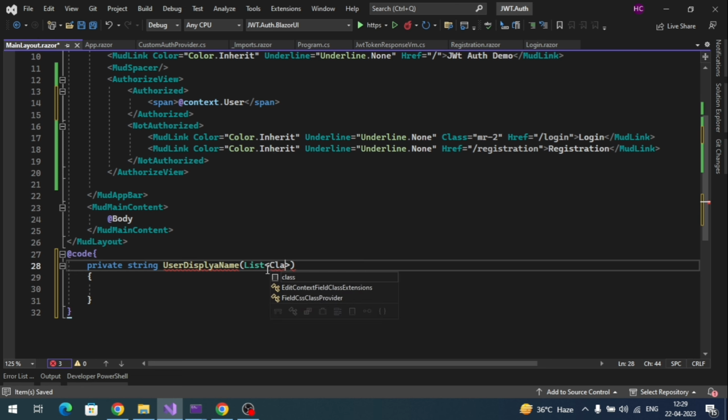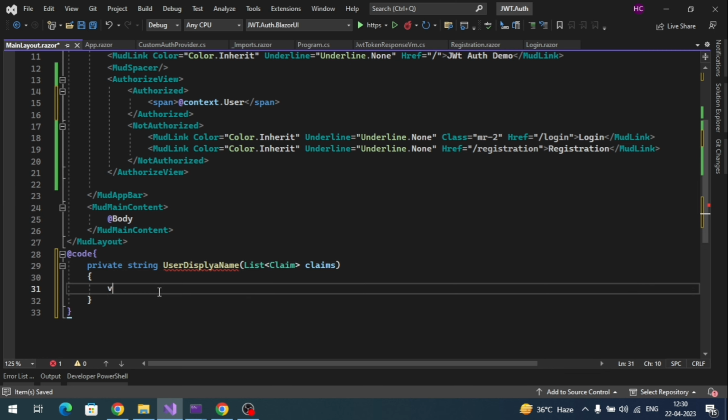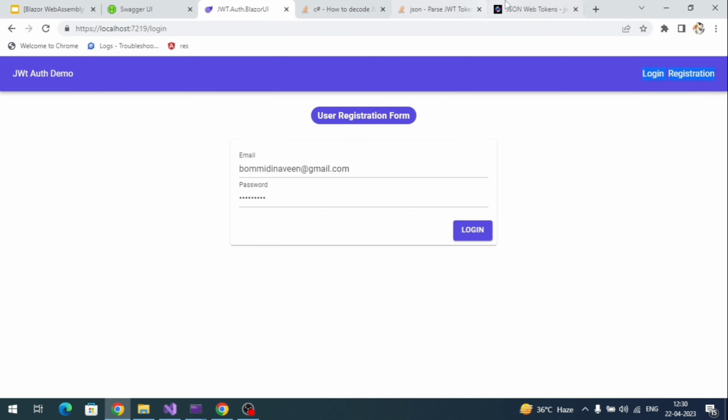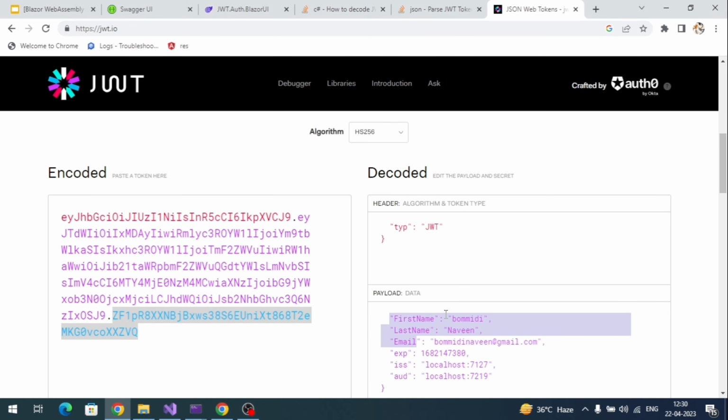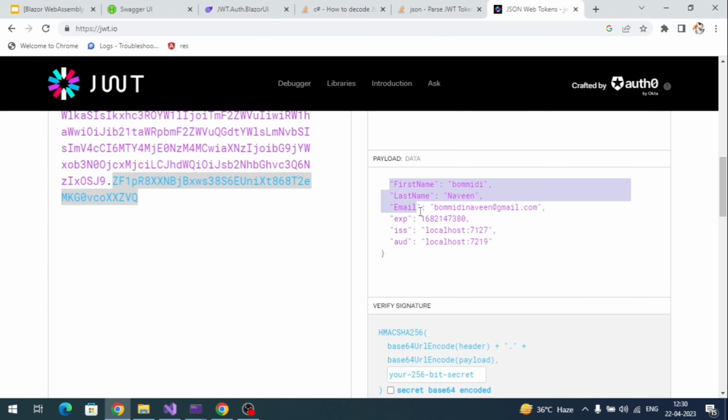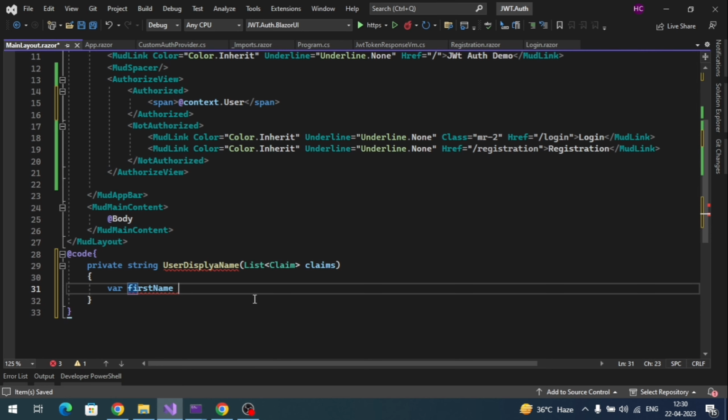Claim, import the namespace. So here I will have a logic like, where first name. See here, you can see the payload of my JWT token, right? I will have claims like first name, last name, email, expiration, issuer, and audience. So I'm going to use these three properties: first name, last name, and email. So to read the claims,